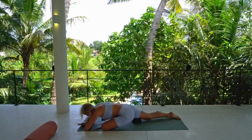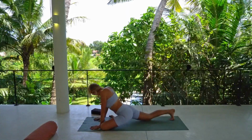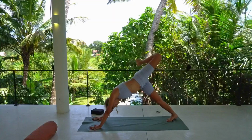If you're all the way down, you can walk the hands back up. Remove the block if you used a block or pillow. And then tuck the right toes under. You want to find a three-legged down dog. Then again, either you bend the left leg to open up the hip,